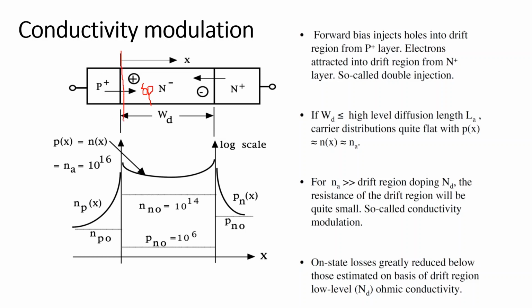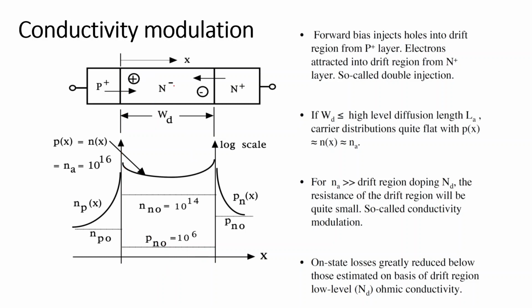So from this region, some holes are injected in the n- region, and if this delta p is small, these holes will recombine with the electrons in the n- region and will eventually fall to zero at some distance, let's say d distance. So this will be the curve when delta p is small. But if this delta p is large,